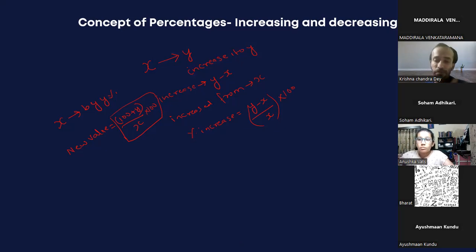The last step is what? Suppose I have 100 rupees, and at the end I put that in the stock market. At the end of the year, it increases by 20%. So initially, what will you do? You will find 20% of 100. That will come out to be 20, right? At the end, the final value will be 100 plus 20, that is 120.